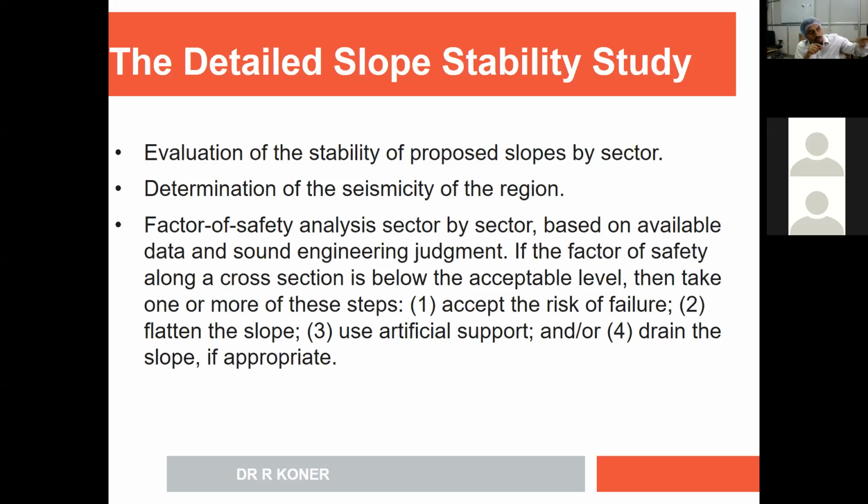It means we drill a few holes in the slope and fit pipes, so that if there is a possibility of percolation of water, that water will continuously flow out and the slope will be maintained dry. We will drain the slope. In this way, we can enhance the stability of that particular slope.